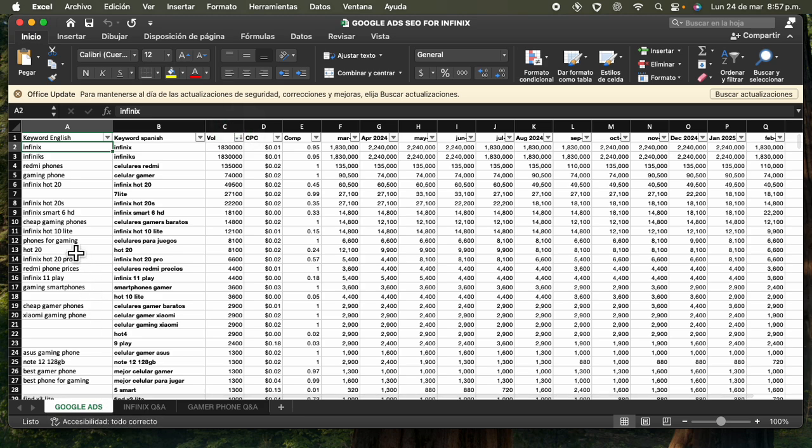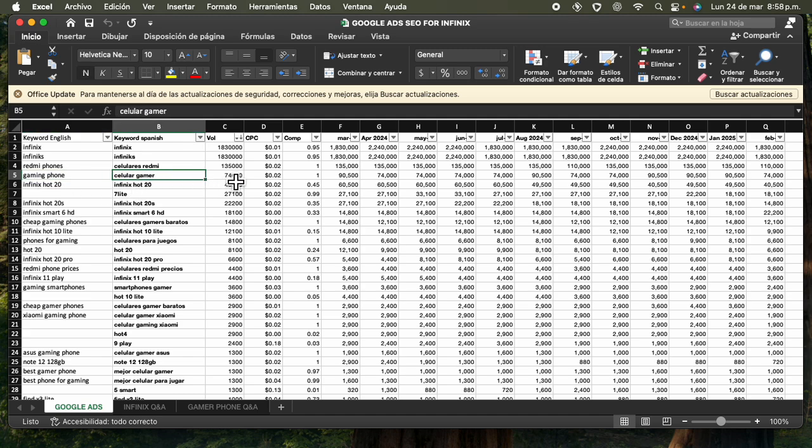So here you have, I put this column of keywords in English so you can understand what they are searching for. For example, we can see that Infinix by itself has a volume of 1,008,300 searches a month. Here is the cost per click, and you can see the volume of searches throughout the year from March 2024 till February 2025. But also, for example, the keyword gaming phone